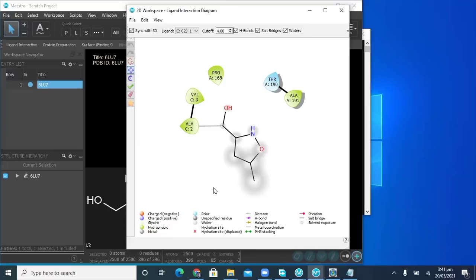Yes, there is something you did in the view that brought out the labeling of the 2D structure. As I already told you, we only found hydrophobic interactions in docking.